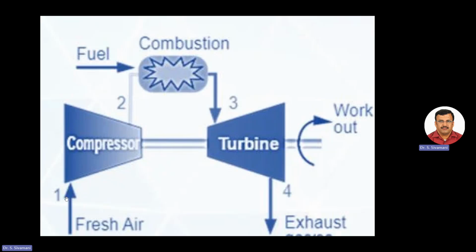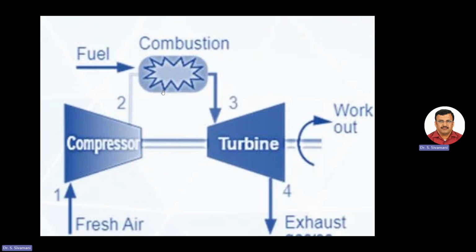Here, if you see, there are three main processes taking place in the Brayton cycle. Number one is compression. Here the compression is an isentropic process, that means the process is at constant entropy, and the pressure is increasing and the temperature is increasing. So in compression, entropy is constant, pressure and temperature are increasing. And in combustion, the process is isobaric,